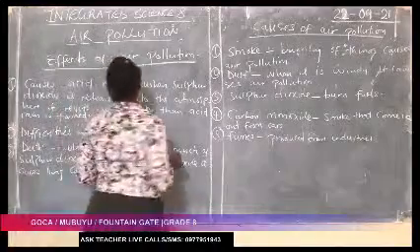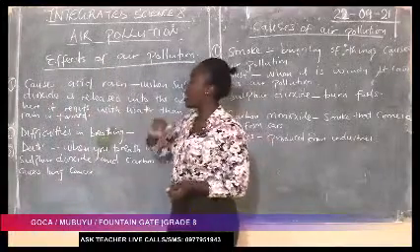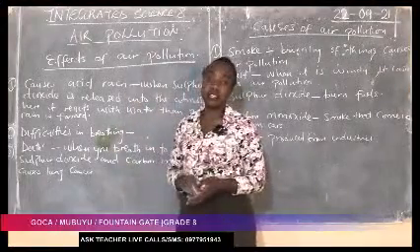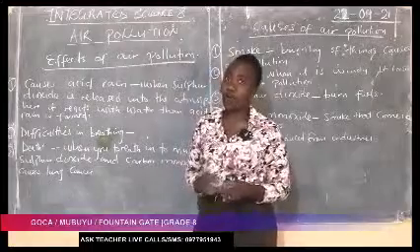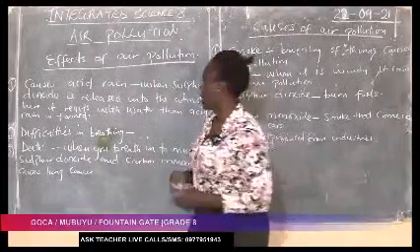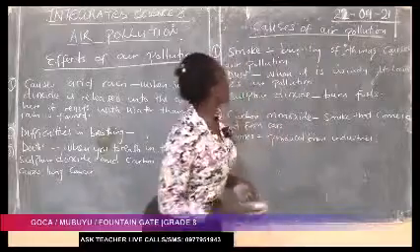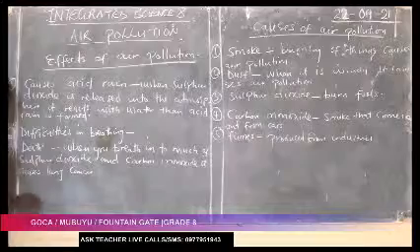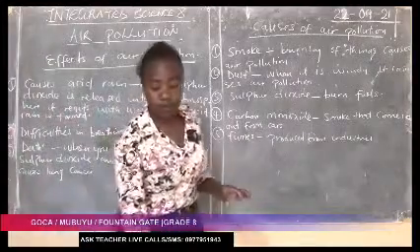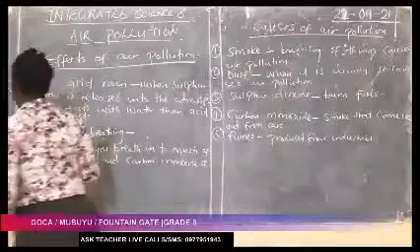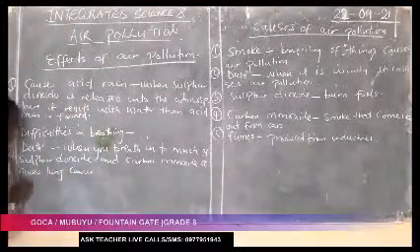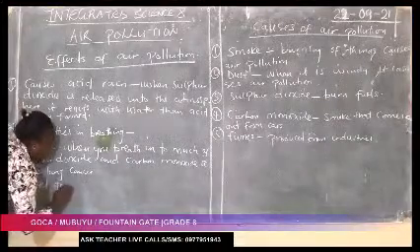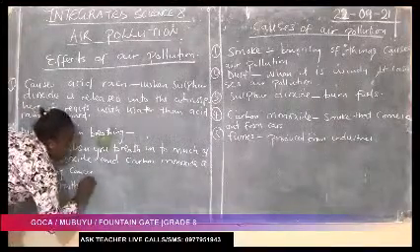Okay, so I've given you the first one, it causes acid rain. The second one, difficulties in breathing. The third one, death. Can I give you the last one, the effects of air pollution? Let's go to the last one, okay? So the last one is stunted growth in plants.